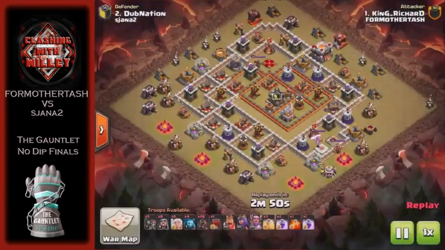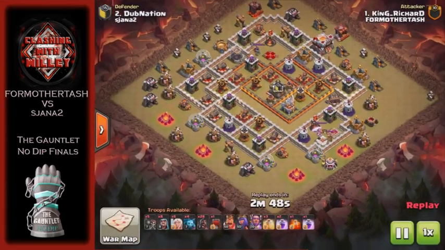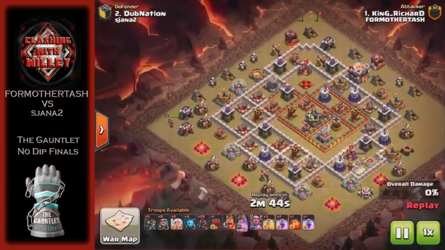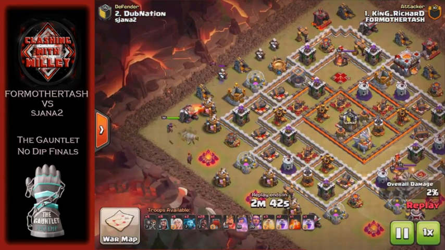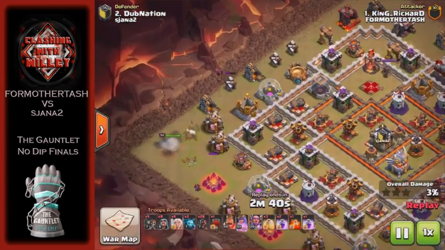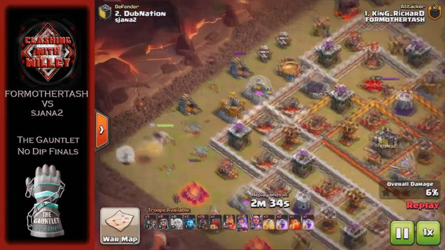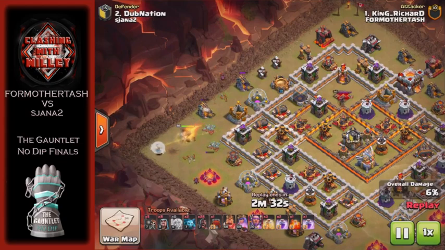Alright, for the last attack of this replay, we've got an 11v11, and this is a queen charge Hogrider attack. So the queen's going to come down in the west over here, minion coming down to help with the funnel over there on that top side, and also just to get those buildings taken out. So she's going to work her way in, and the wall breakers are going to come down and get this